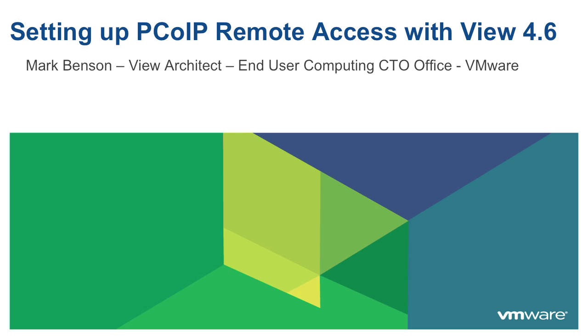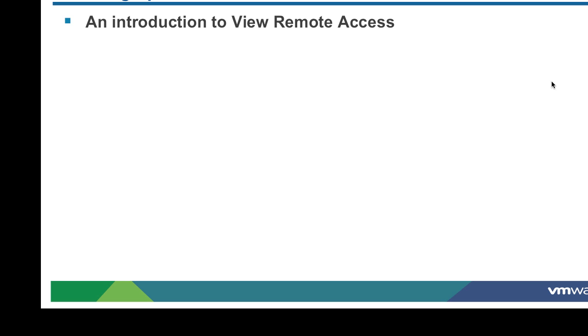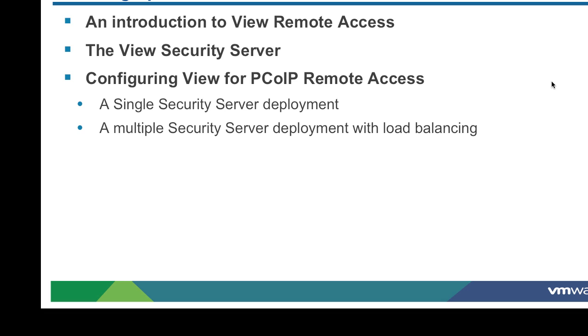I'm going to cover in this short video setting up PC over IP remote access with VMware View 4.6. What I'll cover in this video, after introducing View remote access, is the View security server. I'll talk about configuring View. This is both the connection server and security server for PC over IP remote access, and I'll use two very